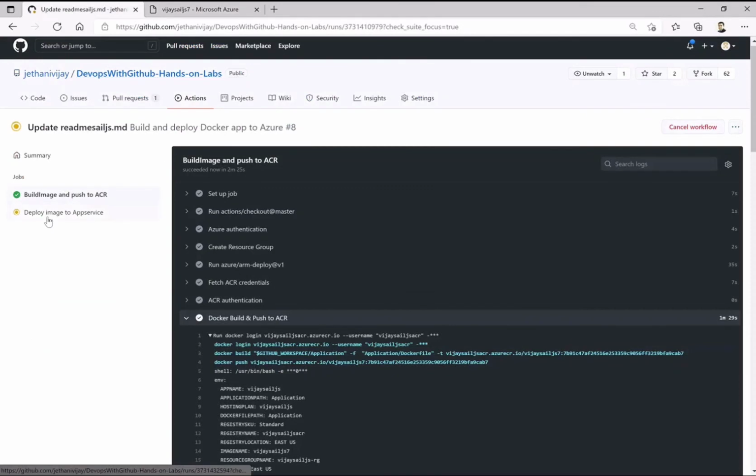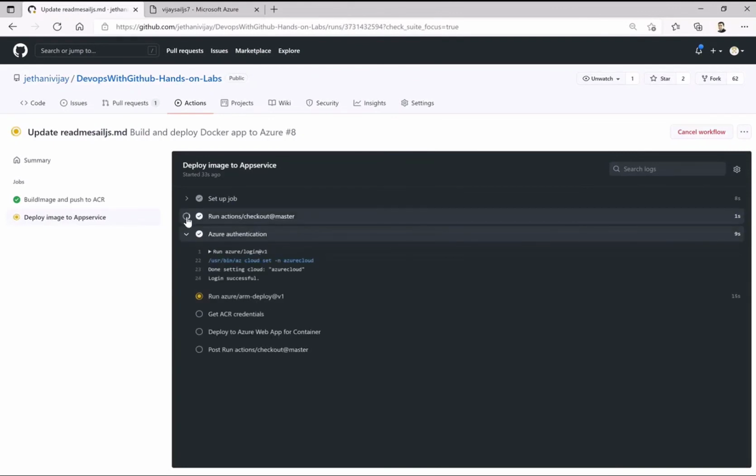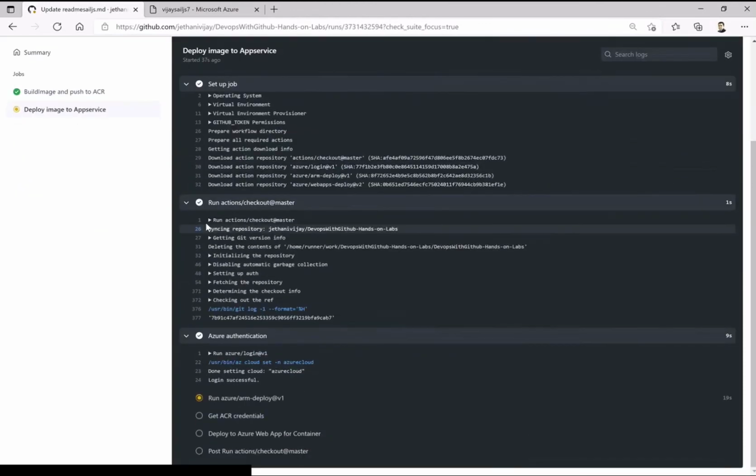So let us check on the deployment part now. So the previous actions remain same. It checks out the job and then presents this repository to the runner, and then you log on and authenticate to that.